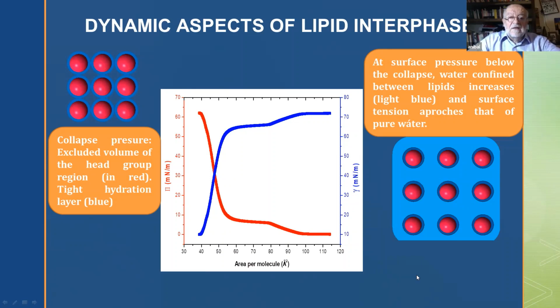Below the collapse surface pressure, water confined between the lipids begins to appear, and therefore the surface tension begins to increase, and at very high areas, the surface tension is near that of pure water. At surface pressures in between, we have a different surface tension, and if we choose a given surface pressure for a given area per lipid, we can have